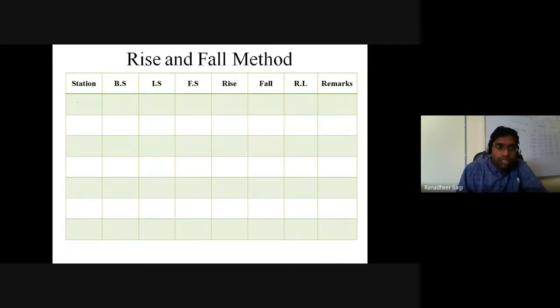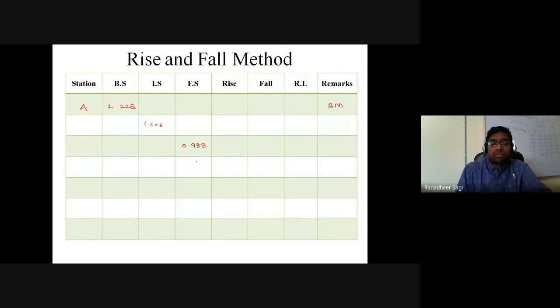We are given some stations where the level staff readings are taken. To start with, on the benchmark you are taking your first reading, which is obviously called the backside, and the reading is 2.228, the first reading we had. Moving on, the second reading is going to be represented under the intermediate side, because after the third reading there is a shift in the instrument. So the third reading becomes your foresight reading, and that foresight reading is 0.988.